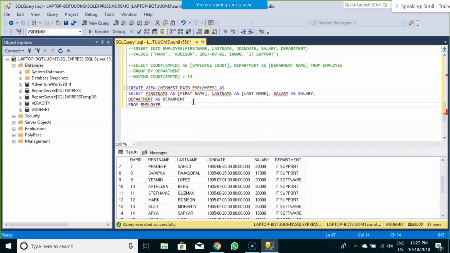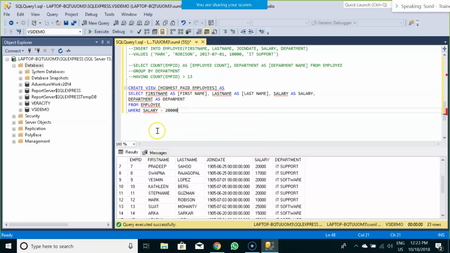Okay. Now I want to select who the top paid employees are. When I decide who the top paid employees are, I want to decide what the particular benchmark is. So let's say in my case, I consider all the employees whose salary is greater than 20,000 as top paid employees.